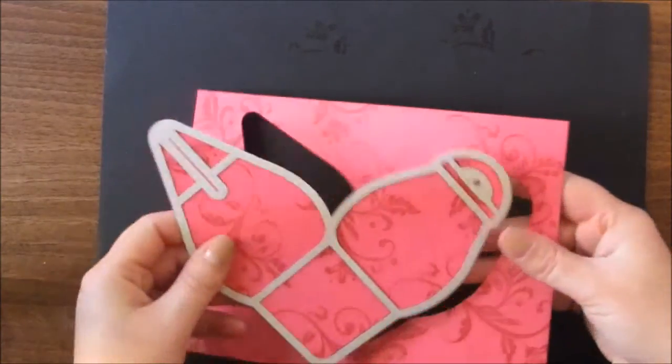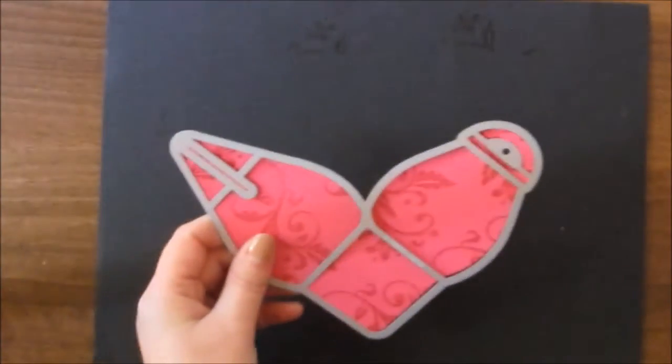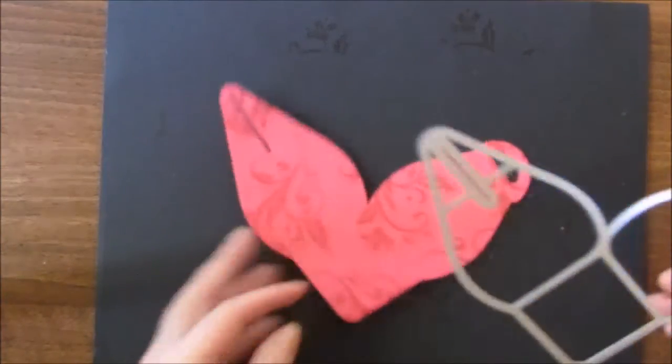You can run it through forward once, and then I run it back through the other way as well, just to make sure that it's cut right through. And when it comes off, it just simply lifts away. Okay,